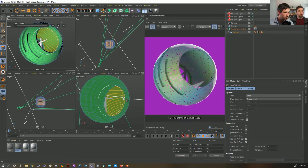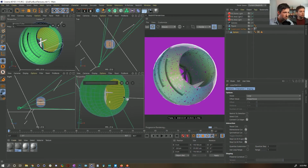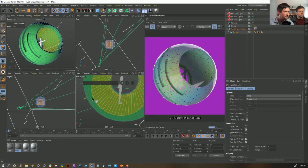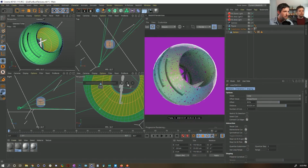Let's see. I don't want to do that here actually. Oh, I'm on loop tool. Let me just make sure this is right. Oh, so it's a little different on each side. I think you might have done one cut, or I don't know what happened. So I'm going to center this up and add a couple other